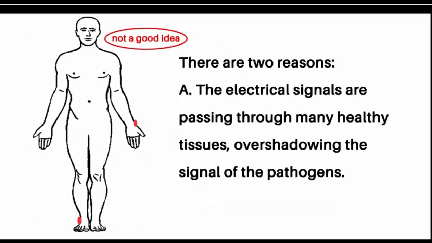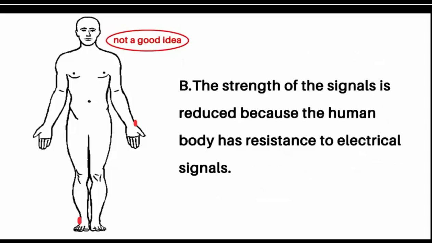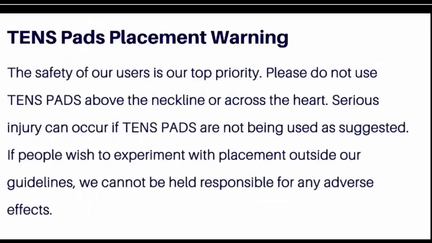There are two reasons. A. The signal strengths are passing through many healthy tissues, overshadowing the signal of the pathogens. B. The strength of the signals is reduced because the human body has resistance to electrical signals. TENS pads placement warning. The safety of our users is our top priority. Please do not use TENS pads above the neckline or across the heart. Serious injury can occur if TENS pads are not being used as suggested. If people wish to experiment with placement,